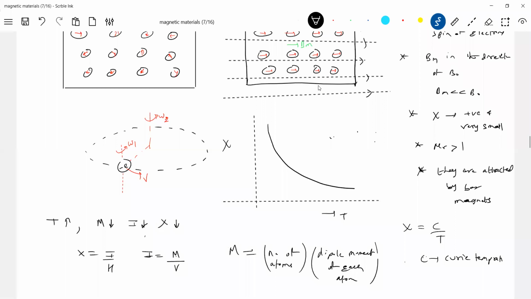You can ask questions, why you are not writing, and it's a constant. Curie temperature. So what is the value of C? For different materials, the value of C will be different. This is one more big headache we are having. C is not a constant like the speed of light. For different materials, it will be different. That's what he's saying. For different materials, the value will be different here.